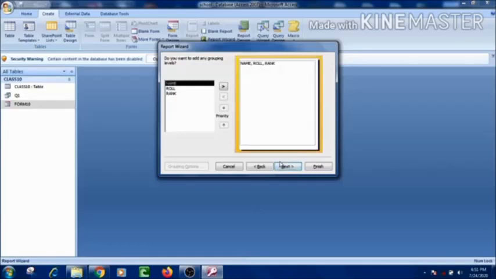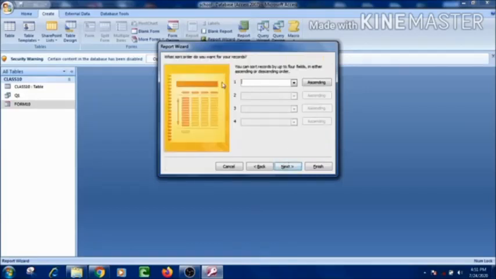In this wizard we have to do nothing, simply I will click on the next button again. But in this wizard we set the sorting order of the records for the report.